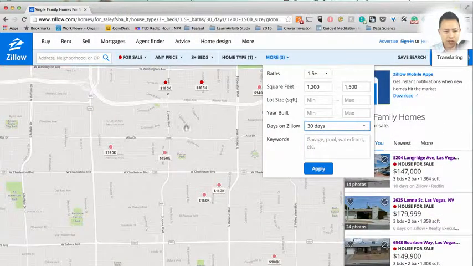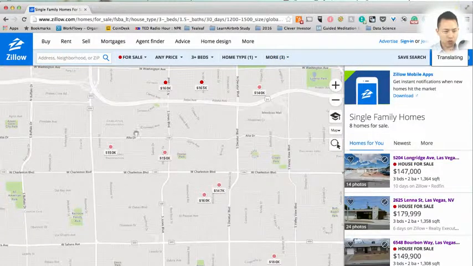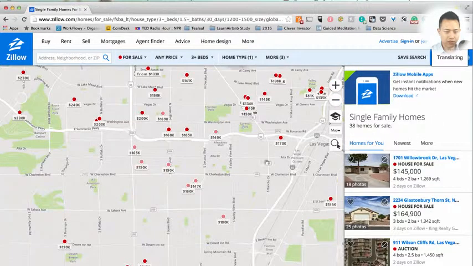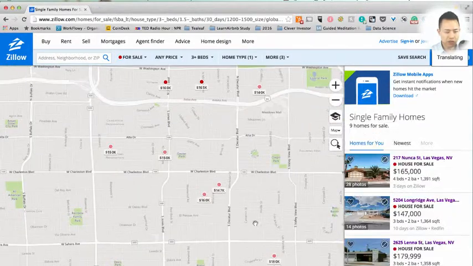And when you do that, if there aren't enough listings that show up on your map, then what I want you to do is just zoom out here. You see that minus sign to the right? You can zoom out and it will show more listings for you, okay? But for this one, there are enough listings for me to look at. Okay, so once you have this area and there are listings that are interesting for you to look at,